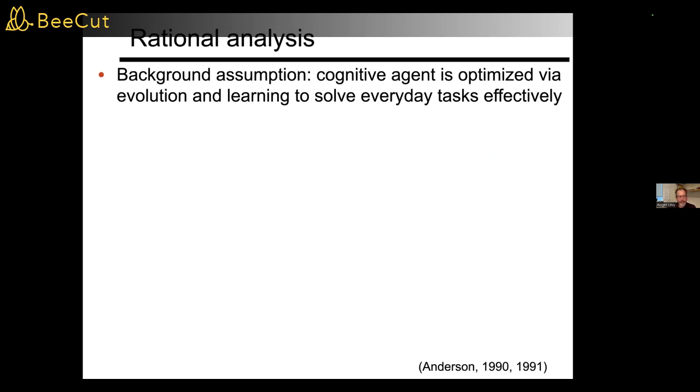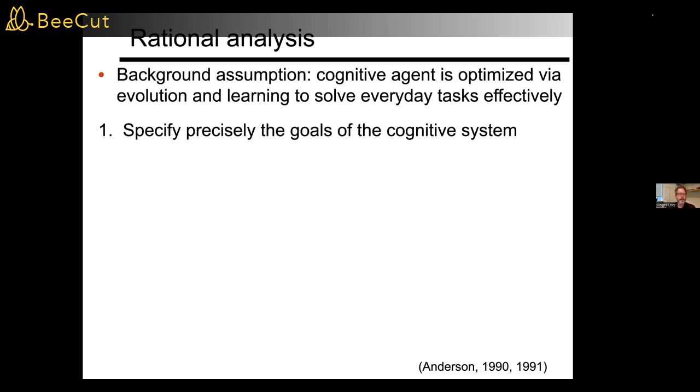And we theoretically tackle the problem of building a theory of how processing and language works in humans through the principle of what's called rational analysis. This is a framework for developing cognitive theories that John Anderson proposed really in the early 1990s. And the background assumption is that cognitive agents are optimized via some combination of evolution and learning to solve the crucial tasks for them in an everyday environment effectively. For humans, language understanding and language production are crucial tasks for our success in our environments because we live in social communicative environments. So, given that background assumption, how do we build theories?